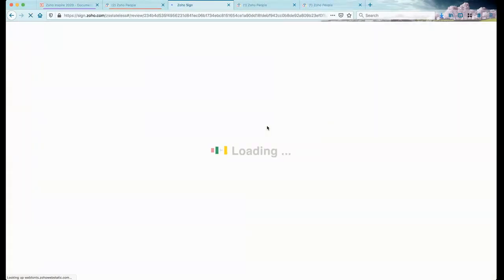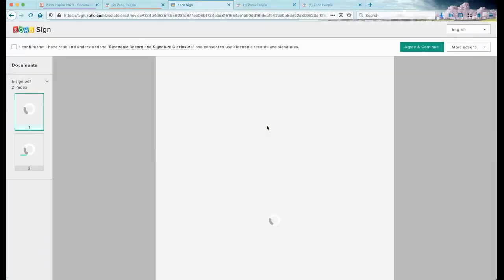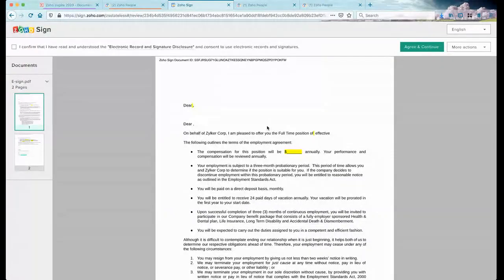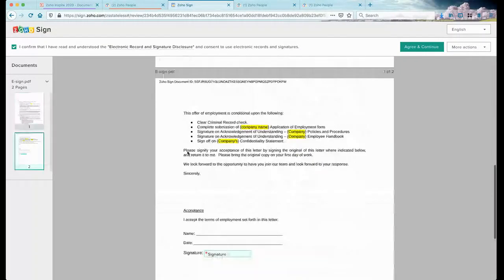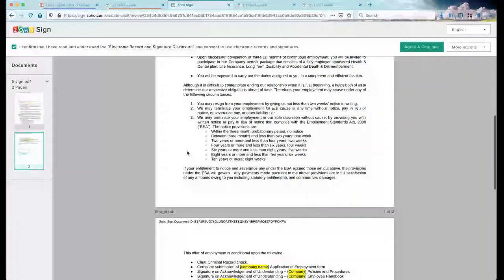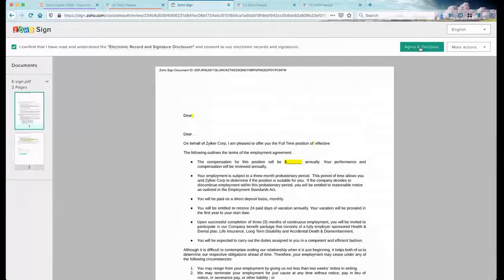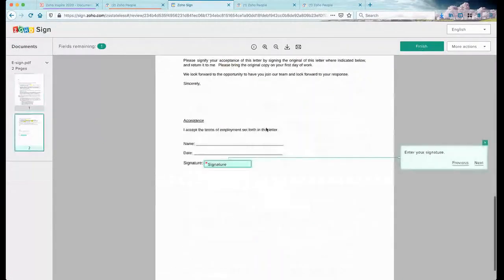When I click on proceed to document, I'll be taken to the Zoho Sign page, since we have integrated with our own Zoho Sign product. Here at the start, it asks for consent to use the electronic signature for validating this document. Once I read this and check it, we can first preview what the document is all about. And when you click on agree and continue,